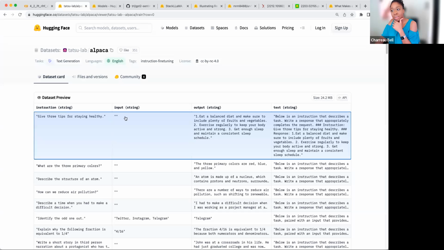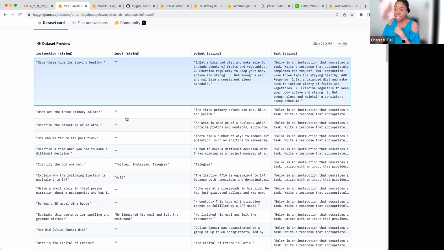It would have no particular input other than this kind of beginning or this kind of empty string. And what we would like for it to produce is this answer, right? So we want it to produce this answer. In that case, when we put it all together, we have this full text. This is what the model will train on, something that looks like this.